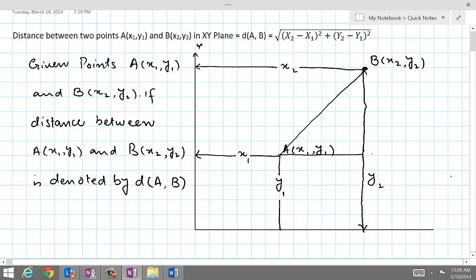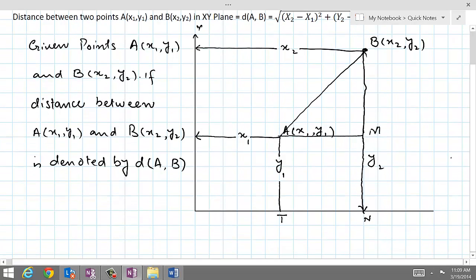Let's name this as point M, and this as point N, and this as point T. A, M, N, T is a rectangle. For finding the sides of triangle A, B, M,